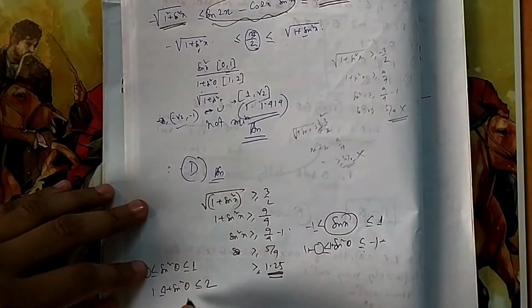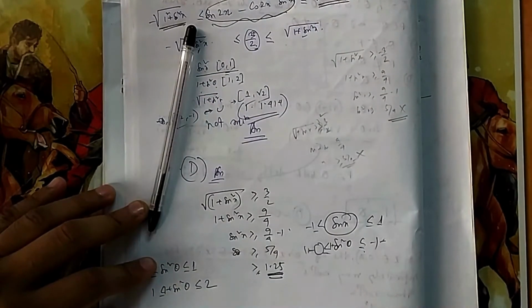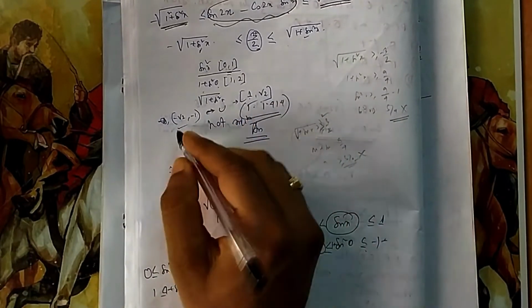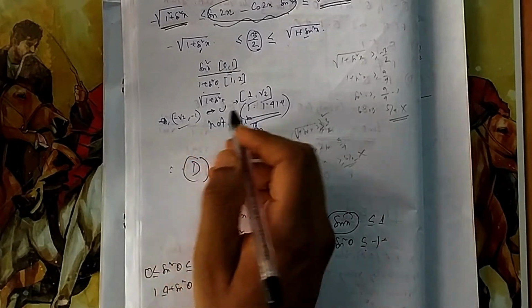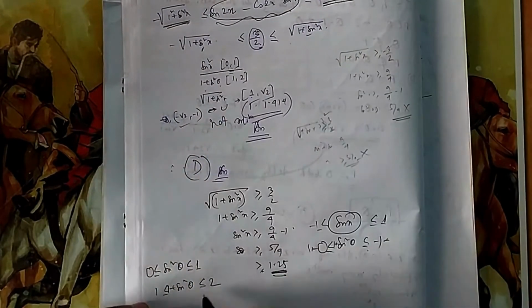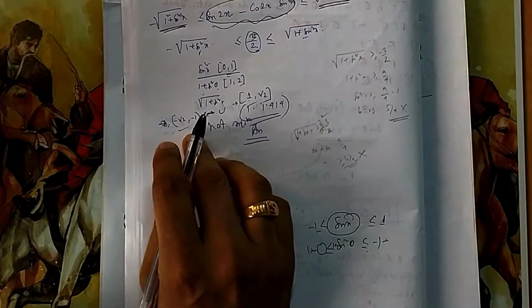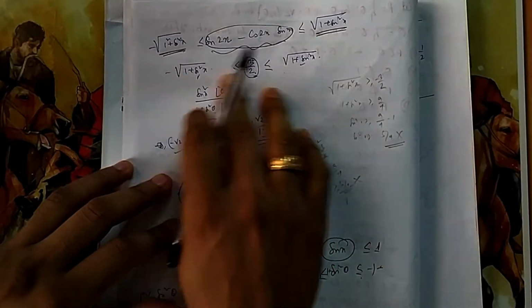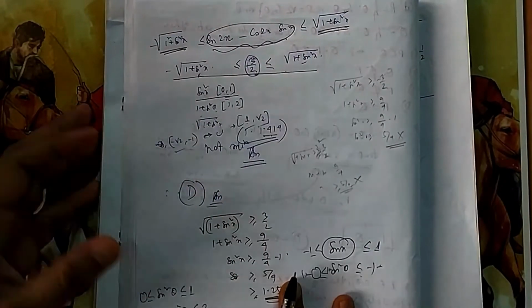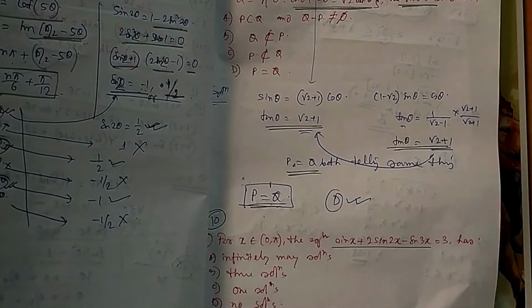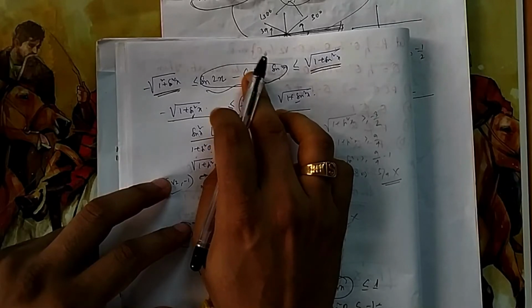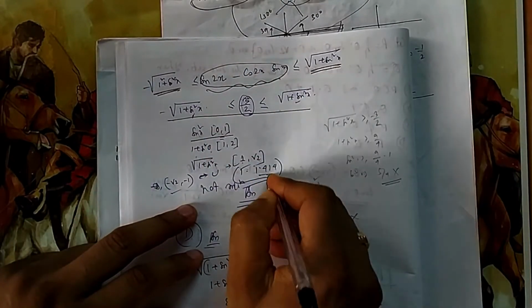If you take under root of 1 plus sin square x, what will it be? It will be between 1 and root 2 on the positive side. On the negative side it will be between minus root 2 and minus 1. On the negative side, it is less than this, that is okay, but it is not satisfying these inequalities. This expression should be equal to 3 by 2. Whatever value you got, this should be equal to 3 by 2. But this value doesn't reach 3 by 2, because it reaches only up to 1.414.